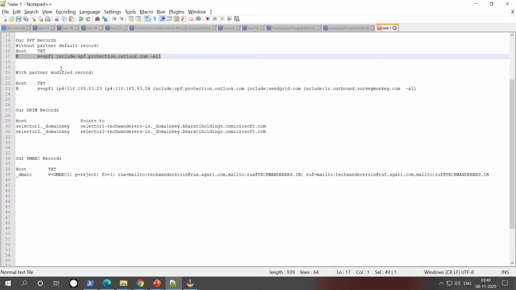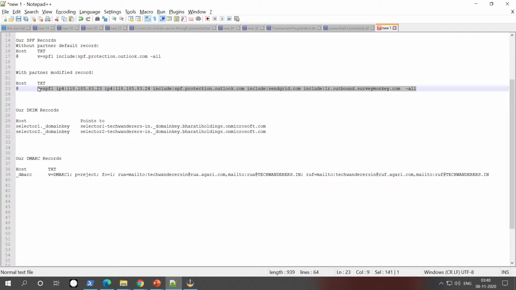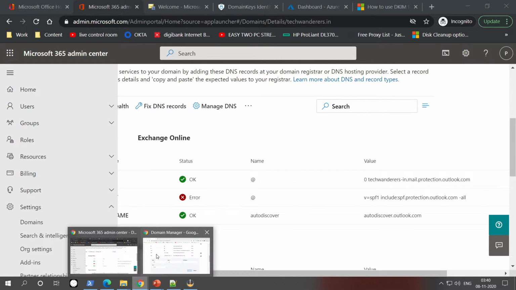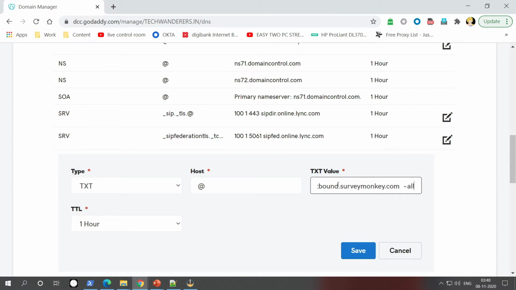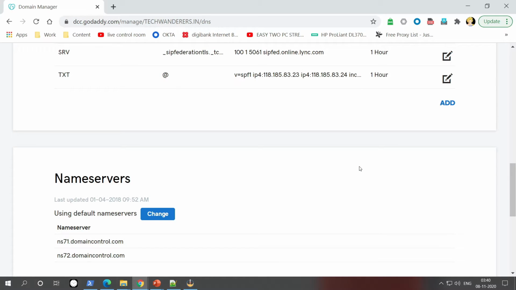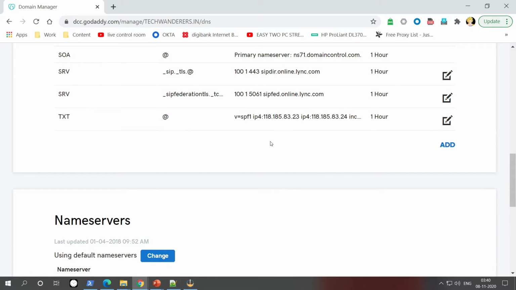You can use the default one if you don't have multiple offices sending automated email to your MX record, or if you don't have partners, but I have them. In my case, I will copy it and go back to the DNS manager. I will paste the SPF record here and save it. Once it is saved, it takes some time.